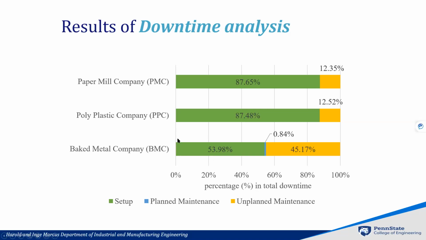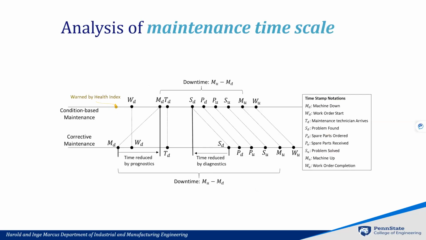Now, what you can see here is for the two companies on top of this chart, close to 90% was because of setup, okay? And some 12% was because of unplanned maintenance. Whereas for the third company, unplanned maintenance contributes about 45% of downtime. So just eyeballing this chart, you can see that, hey, there's a lot that can be potentially gained if you can reduce this 45% of unplanned downtime using condition-based maintenance and look at some of the newer technologies to be more proactive to improve the performance.